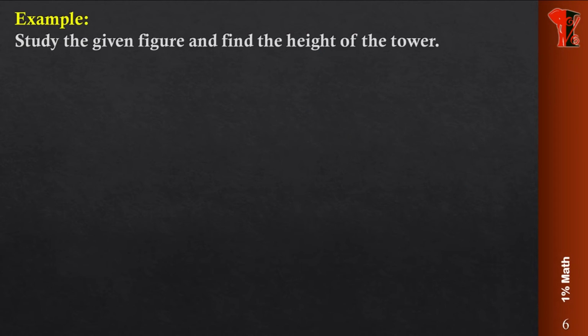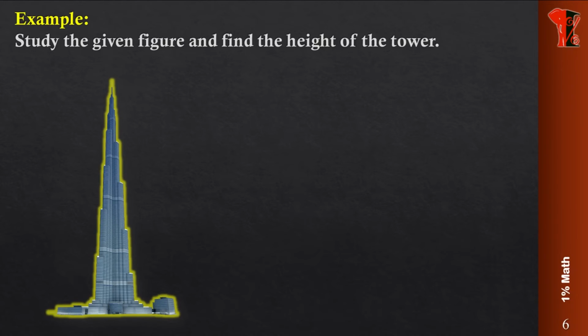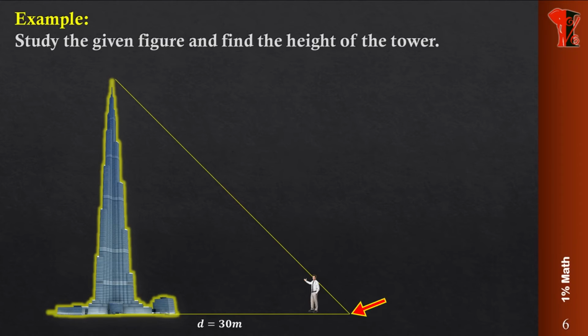Let us continue. This is going to be our first example, where we are going to study the figure and find the height of the tower. So it's a pure application of trigonometry. Consider a tower and a man who is watching the top of the tower, and he is at a distance of 30 meters from the foot of the tower. Now here, compared to the tower, the height of the man can be neglected. So by keeping that in mind, the lines were joined in the end.